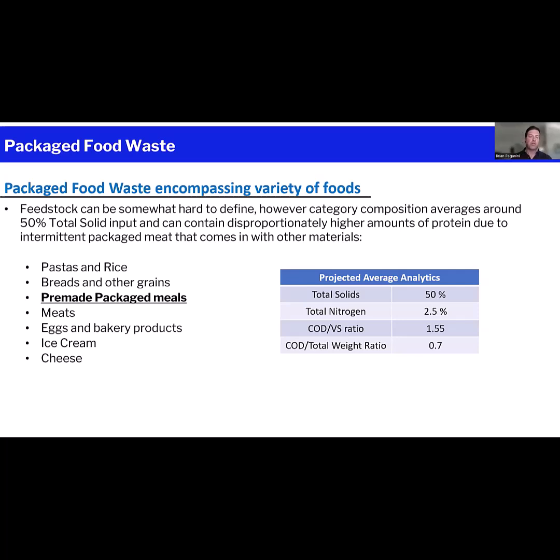Giving you an example of what we think about when we look at packaged food waste, this is an actual look at when we have a material stream coming in. This is what our lab will generate for us. These food waste streams are sometimes difficult to categorize, but we do our best to look at a variety of different parameters that are very granular in detail, and give our operations group a very good line of sight on what we think the near-term impact is going to be to the facility, and what we also think the downstream